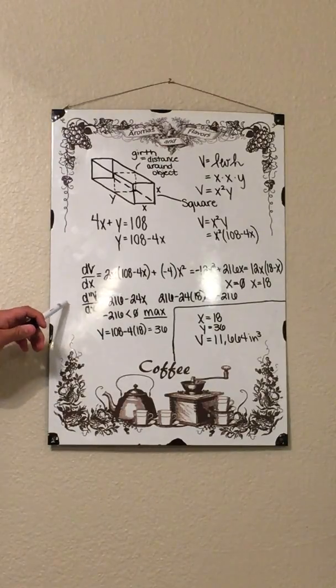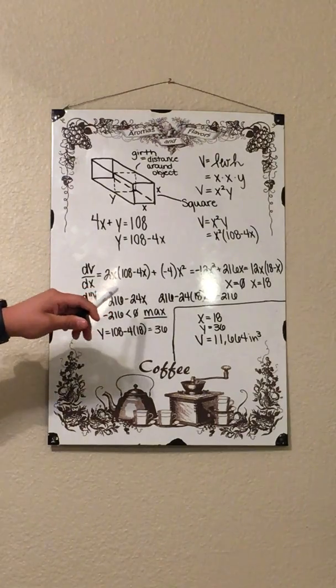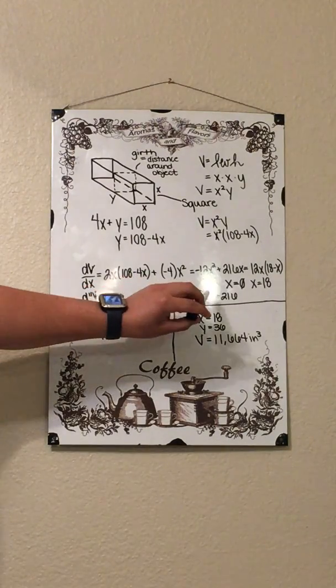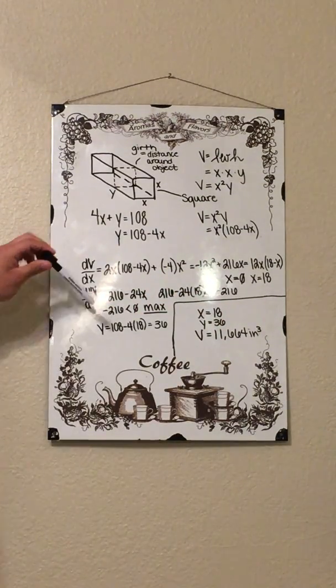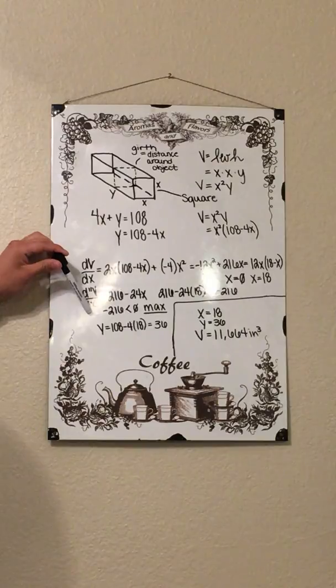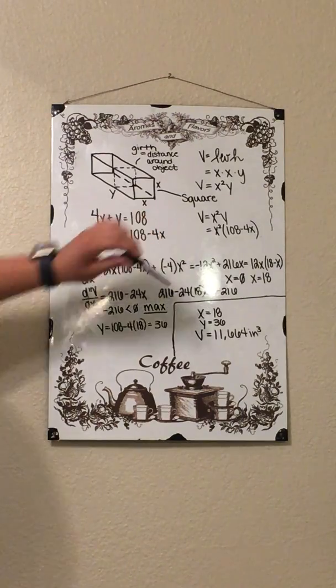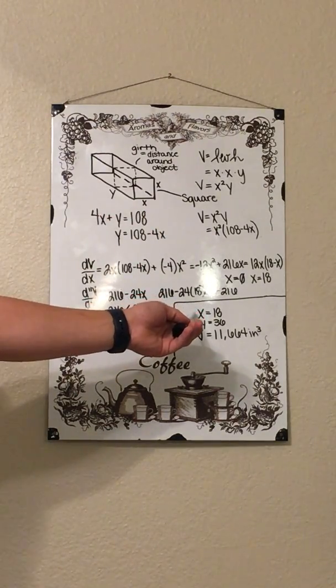Once we do this, we can take the second derivative, which is equal to 216 minus 24x, and substitute in 18 for x, which comes out to be negative 216. Given that the second derivative is equal to negative 216, this is less than 0, which concludes that this is an absolute maximum. Therefore, our x, which is our width and our height of the box, is equal to